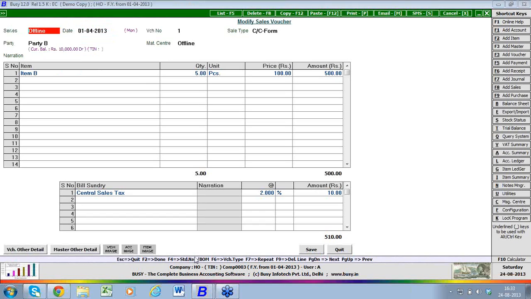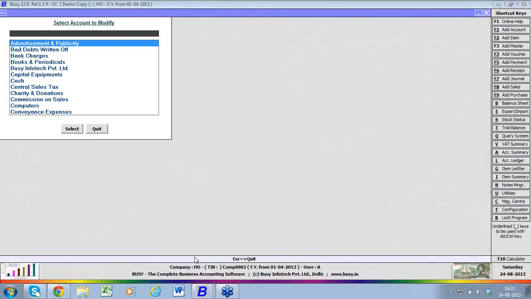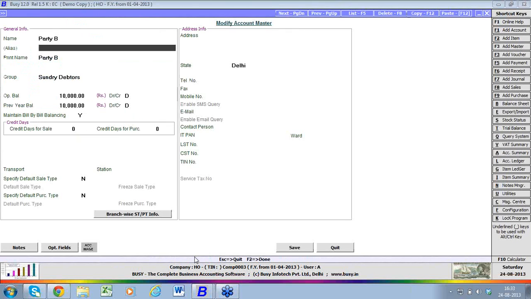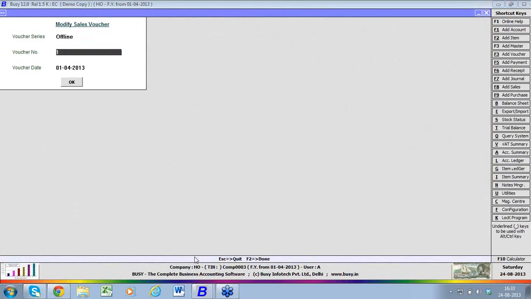Sales, this sale we have done in the branch. It's automatically here in the head office. We'll see the master. Party B with the opening balance. It's there. So this is how it actually works. Sale